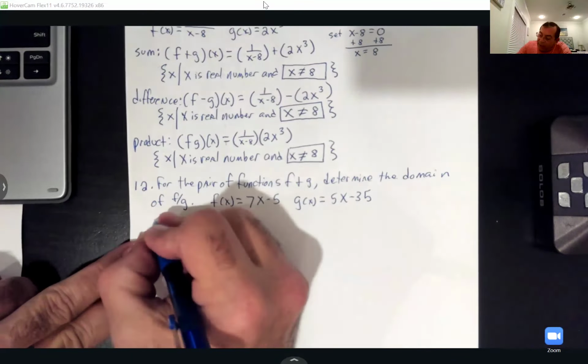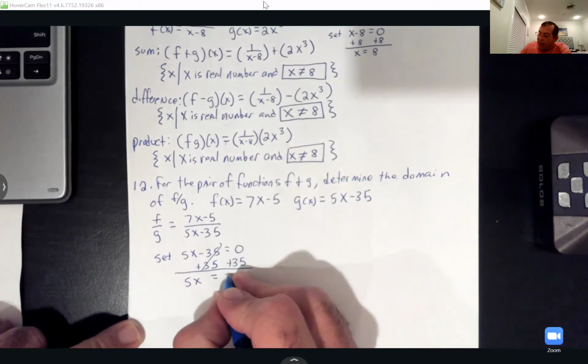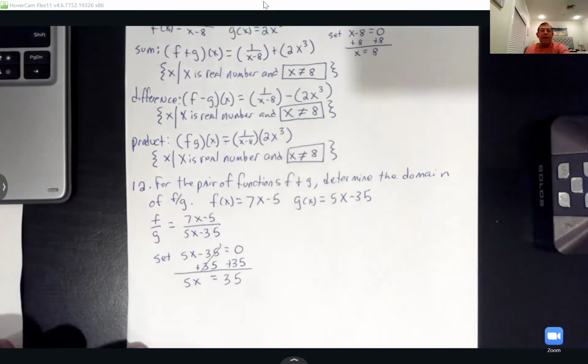So that's going to give me my 5x. That 35 cancels on the left side. 0 plus 35 is 35. And then I guess all I got to do now is divide by 5 on both sides. So there we go. That gives me my 1x, what I wanted. What's 35 divided by 5? That's a positive